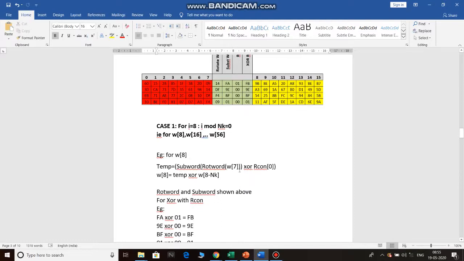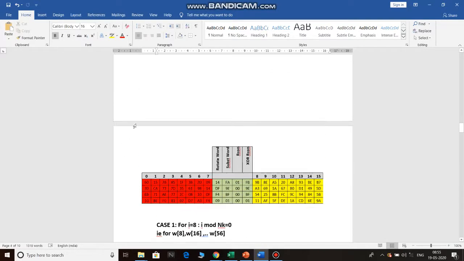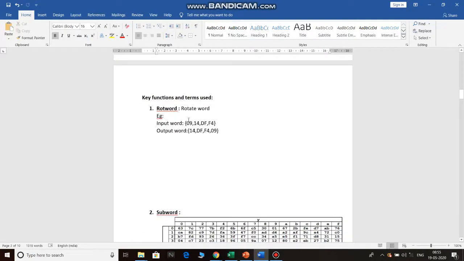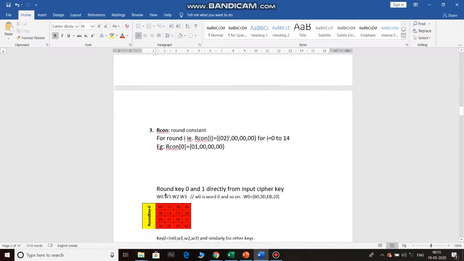So similarly for W8, W16, W24, temp is equal to SubWord of RotWord of W7, that is I minus 1, XOR with Rcon of I upon Nk, which is Rcon 0, round constant 0. So W8 becomes temp XOR W8 minus Nk, where temp is this thing. So RotWord and SubWord are already shown to be done upon the